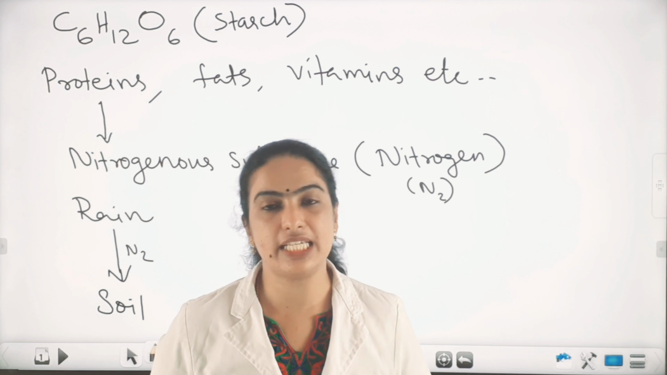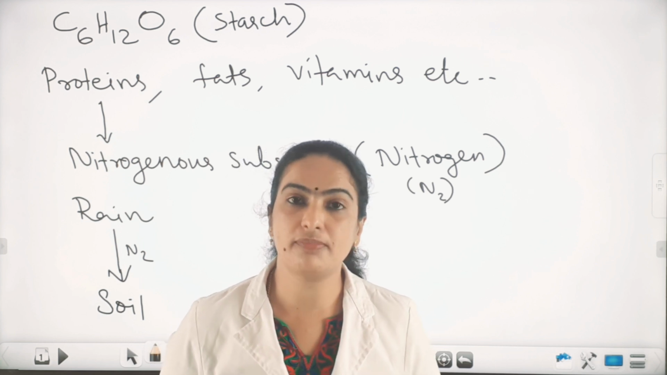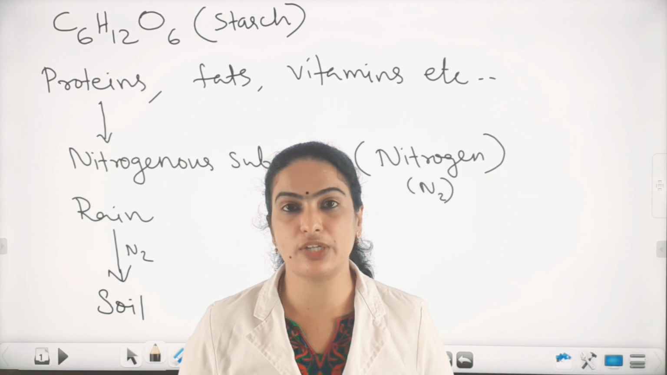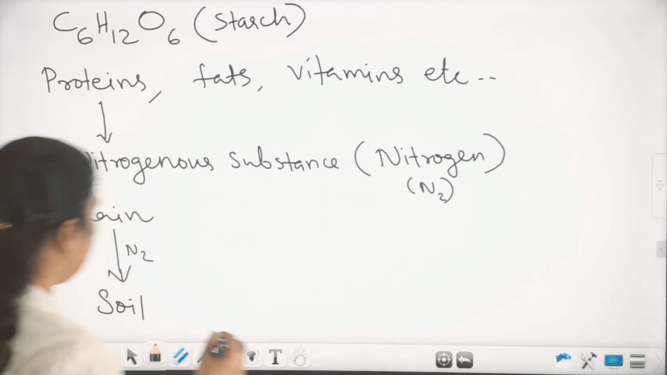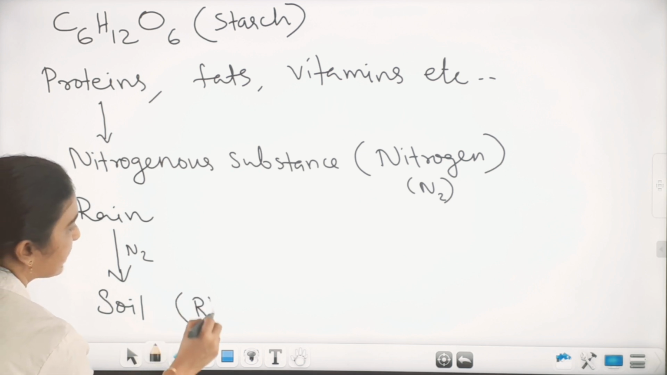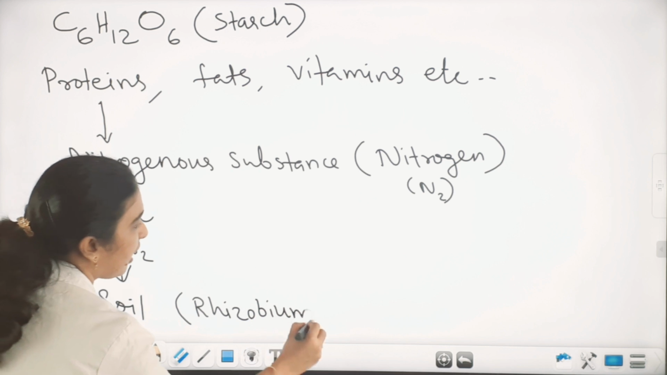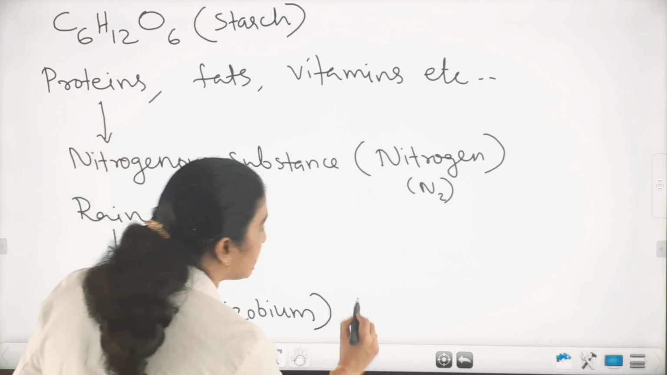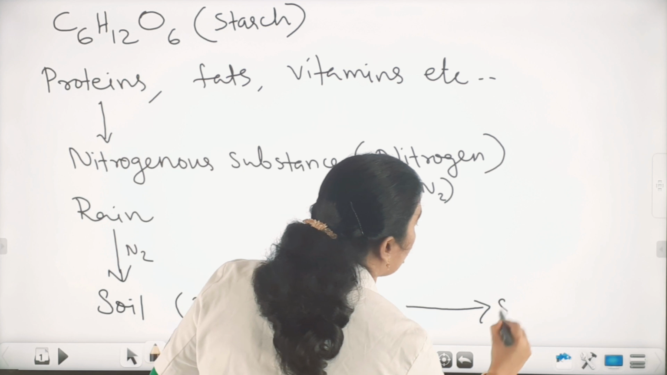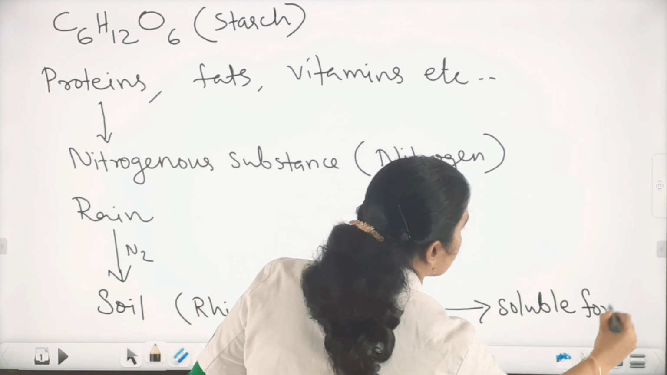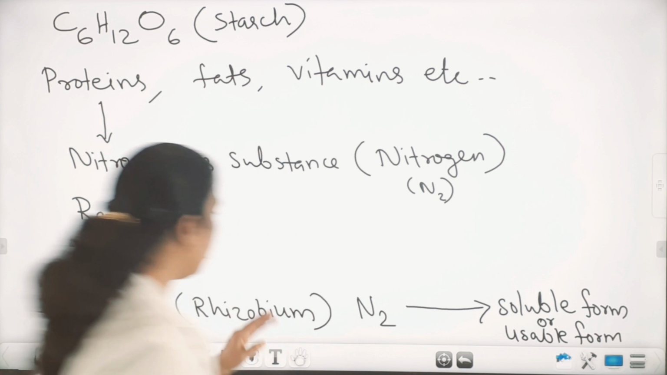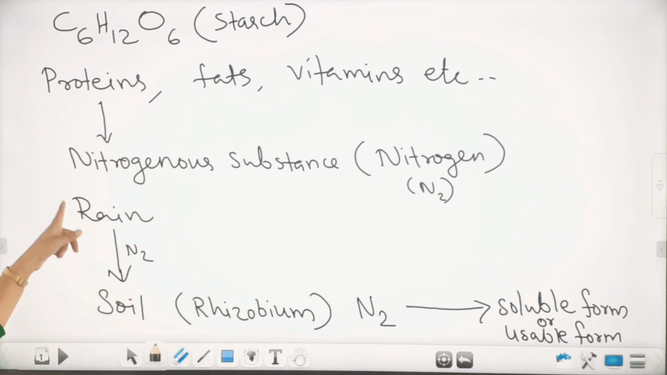the roots of leguminous plants, what is meant by leguminous plants? Gram, pea, moong, etc. are called leguminous plants. The roots of leguminous plants consist of certain bacteria present in the soil. The bacteria are known as rhizobium. So rhizobium are a special type of bacteria present in the soil. These bacteria can convert this nitrogen into soluble form or usable form. Okay, so first the nitrogen from the atmosphere due to rain or lightning reaches the soil, and the